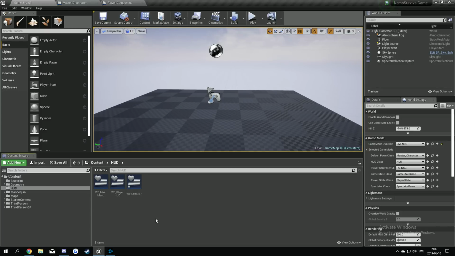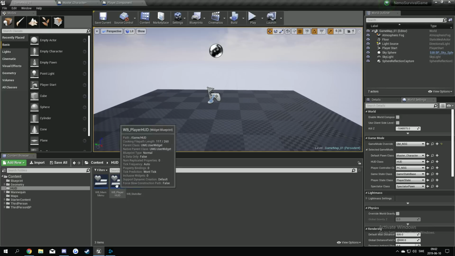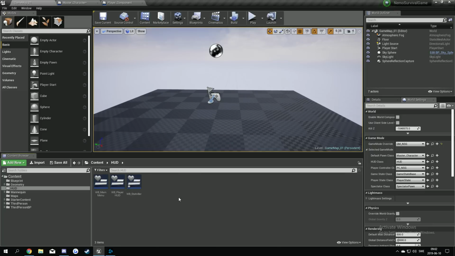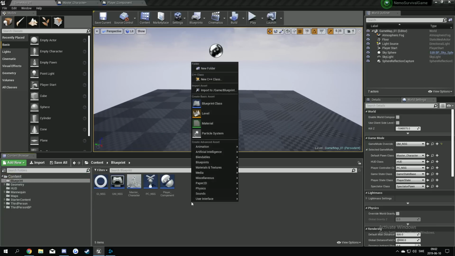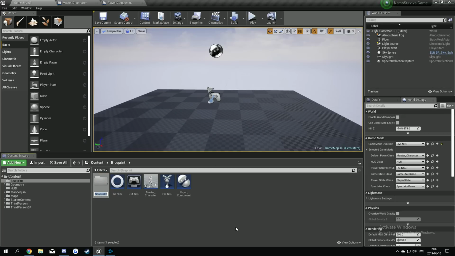I will show how it works. You can actually just drag a different stat bar into the player HUD and set it up, but I like to do this. It's more simple. It's a little bit more work at the start, but it's simple to work with later. So we do one stat bar here. We go back to the content folder, into the blueprint folder, right click. We make a new folder called